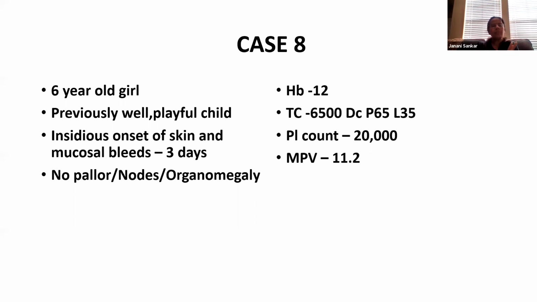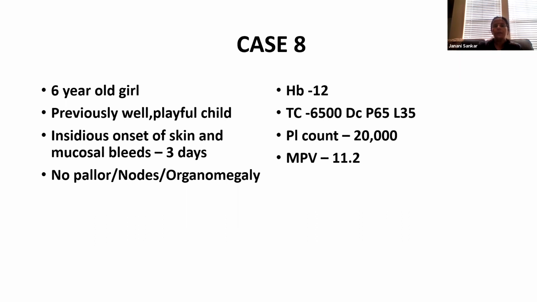Strikingly, the child is otherwise very well. Pallor is not a major problem in these children unless they have severe mucosal bleeds causing severe anemia. That is very unlikely in children with straightforward ITP. So they don't have pallor, nodes, or organomegaly. They have an isolated low platelet count and an MPV which is high. If you have an IPF, the immature platelet fraction, some of the latest new age counters also have IPF. And immature platelet fraction is again a very good tool for you to really reassure and send away these patients, because that's a marker of giant platelets.